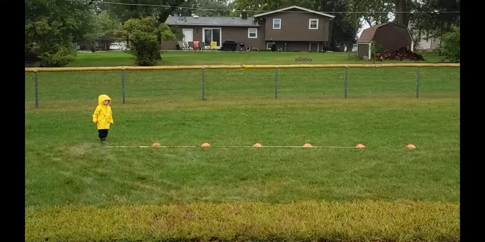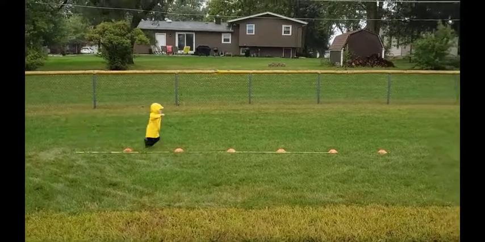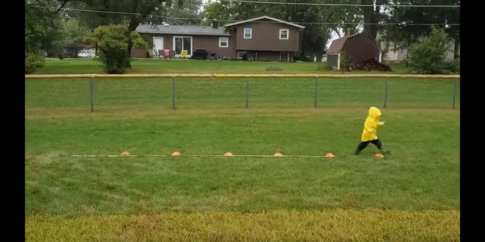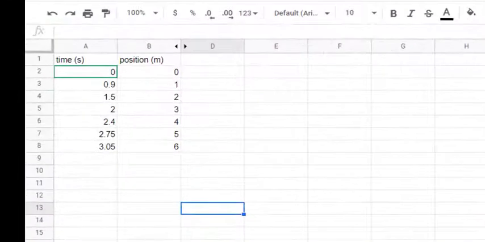2, 1, go as fast as you can. Go, go, go, go, go, go, go, go, go, go, go, go, go, go, go, go, go, go, go, go, go, go, go, go. From that data, I was able to figure out, and using video analysis, but you could